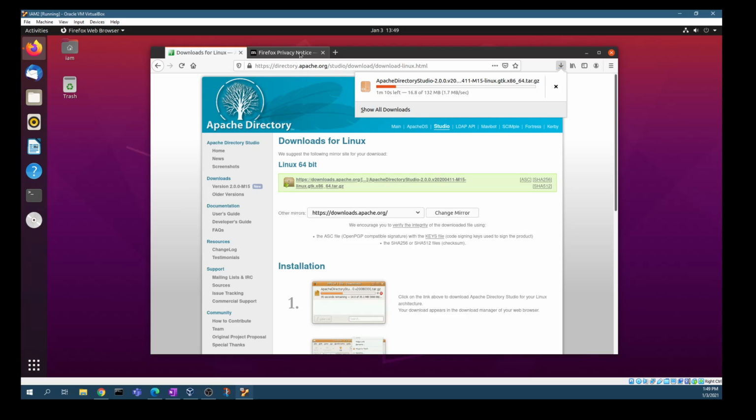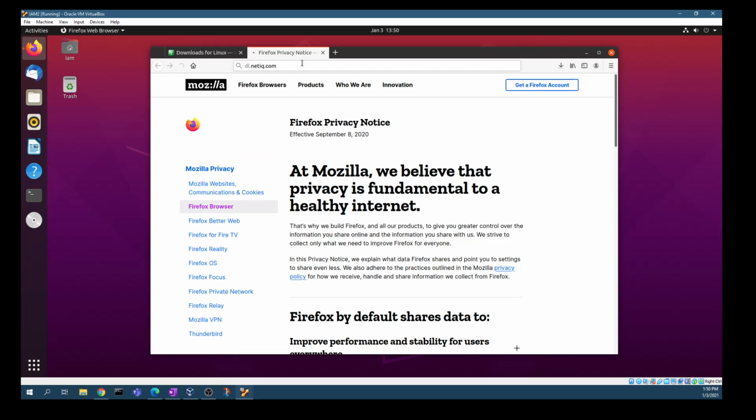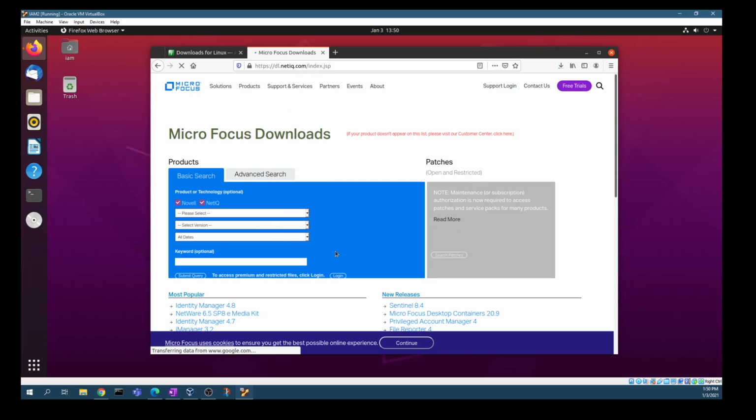That's on its way down. I go to dl.netiq.com. I can go to my patches. The reason why I'd go to patches, I won't go to patches. If I go to patches, I can get the